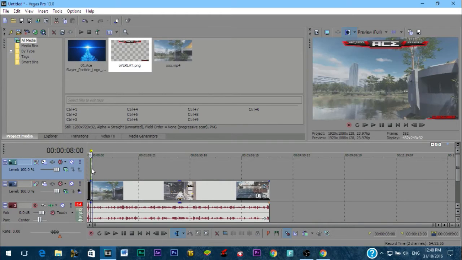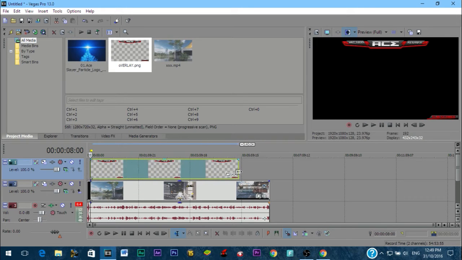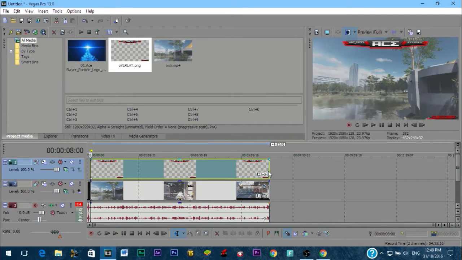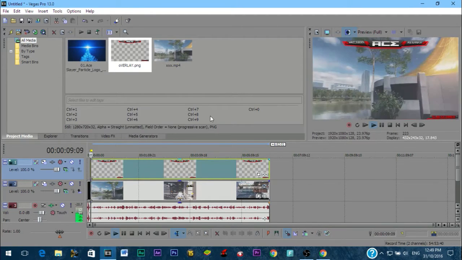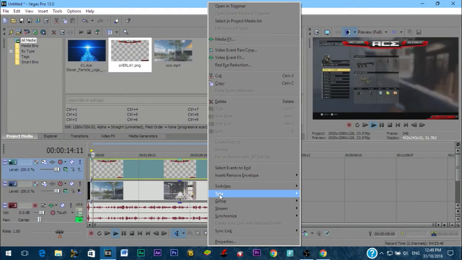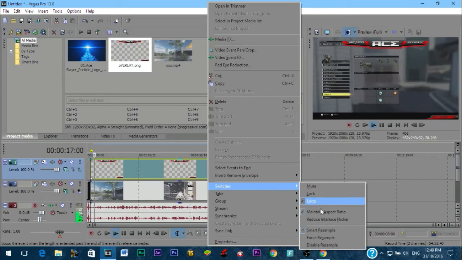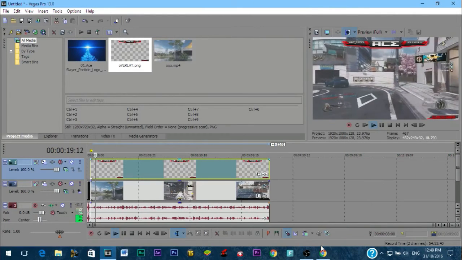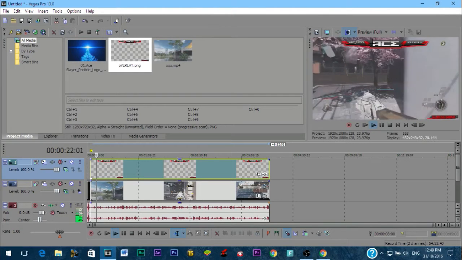You want to make sure it's on top, because you want it to be over the video. It's an overlay, so you put it on top, and it's a PNG file, so you don't have to do anything else. It's just going to appear just like it is over there. So what you do is you drag it to be the same length as the gaming video, so your overlay is shown all over the video. And if your overlay has colors like black in it, you would disable resampling because it would make the black look white. You see that it gets a little bit darker right there.